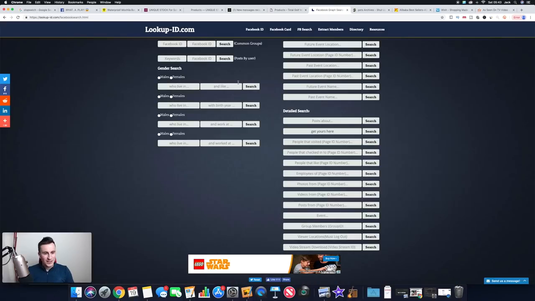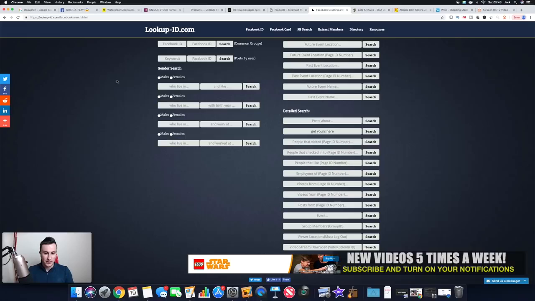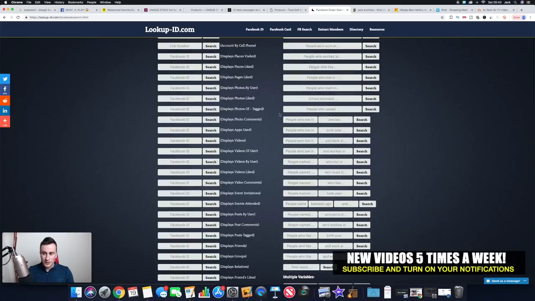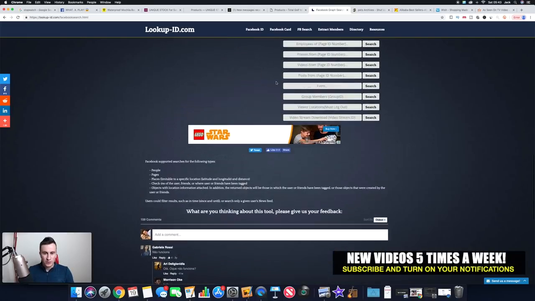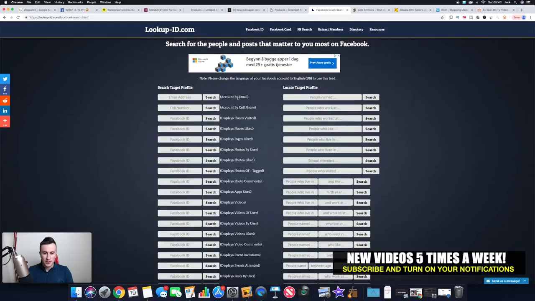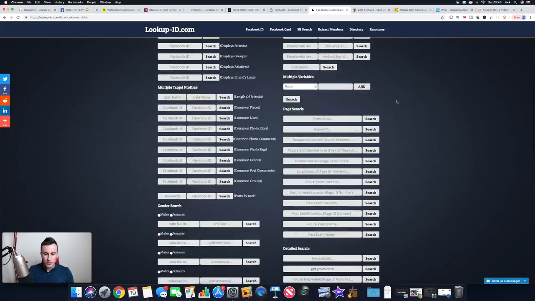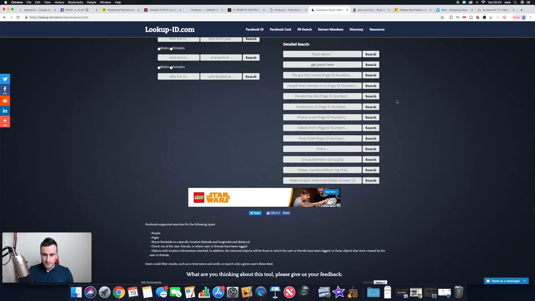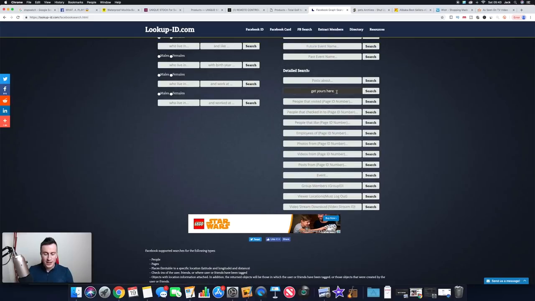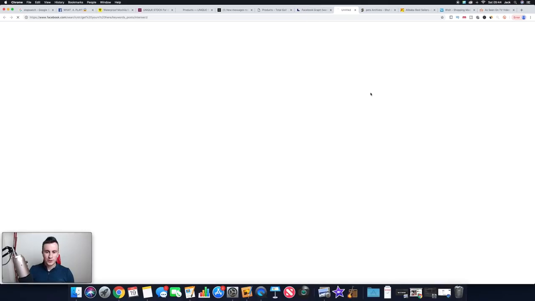Moving on to the next one then is this website here, which is lookup-id.com, and it will take you to the homepage, which looks, if I scroll right to the top, which looks like this, but we want to scroll right to the bottom, and in this box here, we want to put something like "get yours here", which is going to find us posts with these keywords. So this is obviously quite a strong call to action that you'll find a lot of dropshipping companies using. So if you just click search,